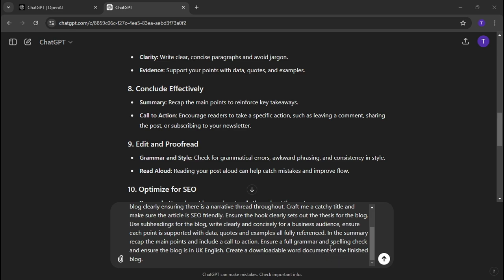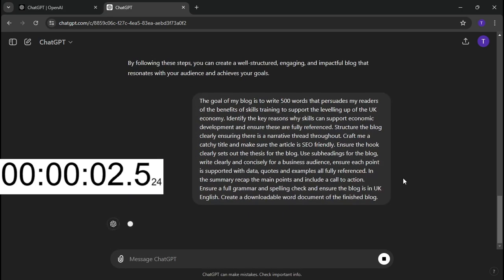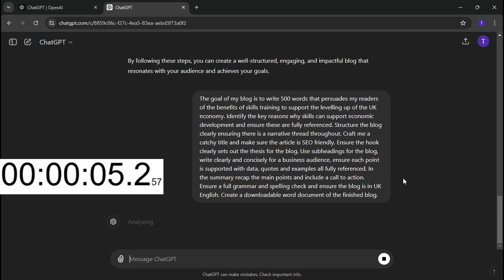Okay, so we've built our prompt. Let's see what we get. Remember, there's the whole prompt, and while ChatGPT is working, remember that this is the free version of ChatGPT. We've set it up. It knows who we are. It knows how we like things to happen. We have built a prompt based on the advice of ChatGPT on how to create a fantastic blog. We've asked it to give us a file that we can download at the end of it. So let's see what it produces.